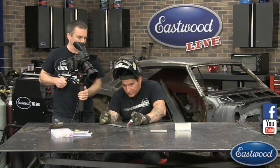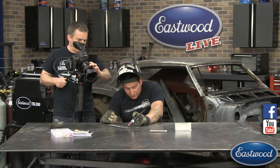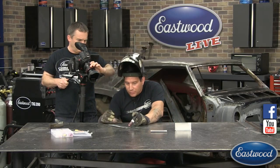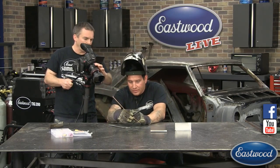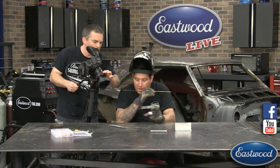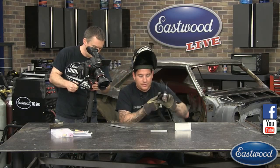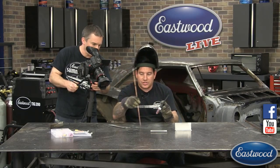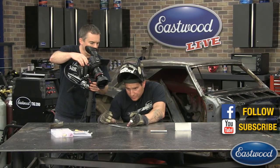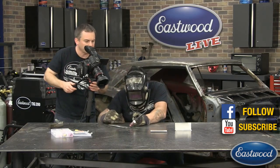So what I'm going to do here, again, I'm getting comfortable, and I got to turn it at a funny angle. Normally I would run along the edge of the table with my hand, but we want you guys to be able to see exactly what's going on. So I'm going to actually pull this electrode in just a little bit. Since we're doing a lap joint, I don't need quite as much stick out as I did in that T-joint that we were doing there. Okay, so